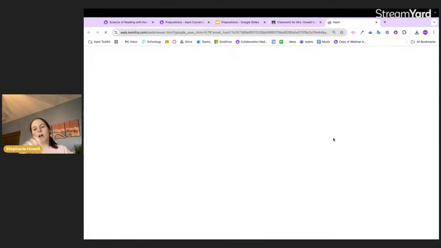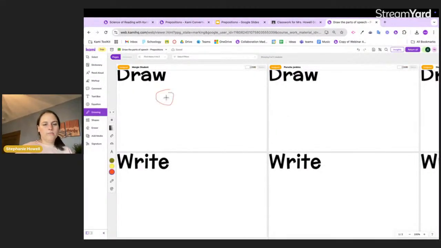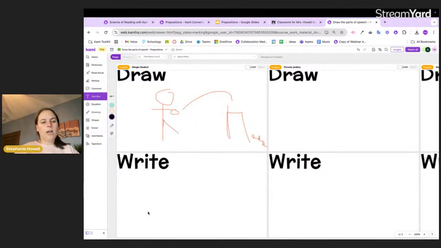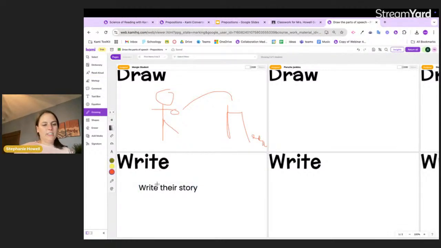They begin to draw. So maybe they have a ball. They're going to throw it over the bench. So they grab their drawing tool. Person. Ball. They're throwing it over the bench, right? And then after it went in the bench, it rolled under something. Students will come in here and they're going to write their story right here. And again, what I love about these different activities is I can have my students underline important words